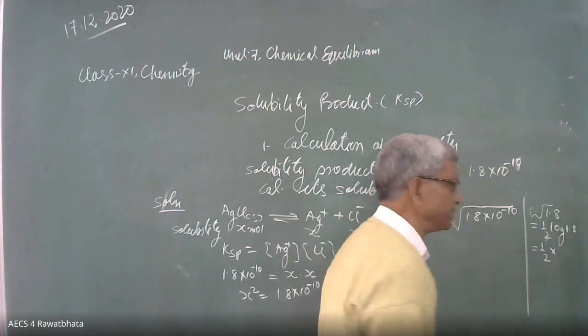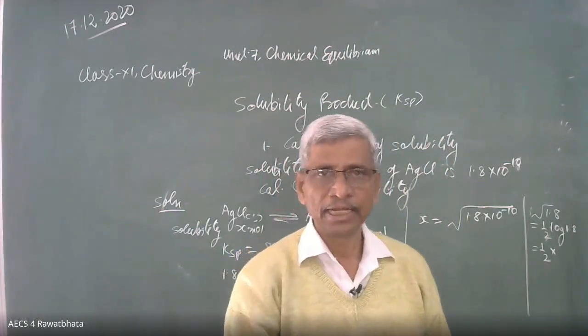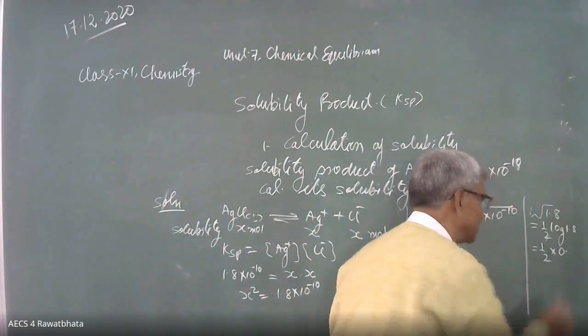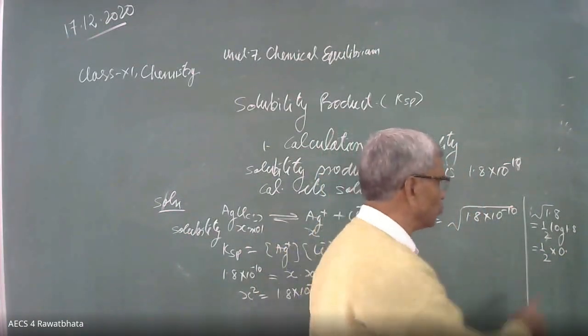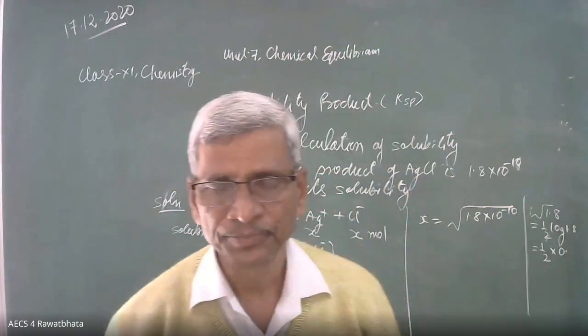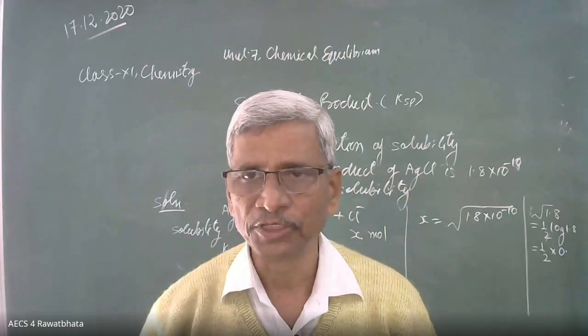Log 1.8 means the whole number is one digit, that is one only, and its characteristic will be 0. The characteristic is one less than the number of whole number digits, that is 0. Then go for 18 का 0 में. बच्चों बेटा बता दीजिए वैल्यू. 18 का 0 में log देख के बता दीजिए कितनी वैल्यू है.